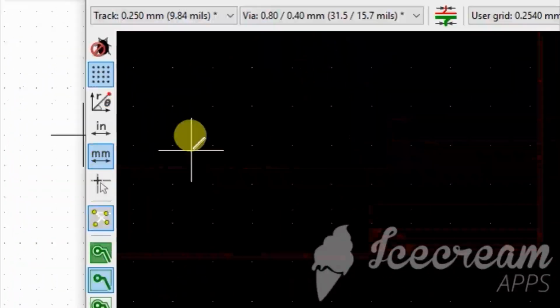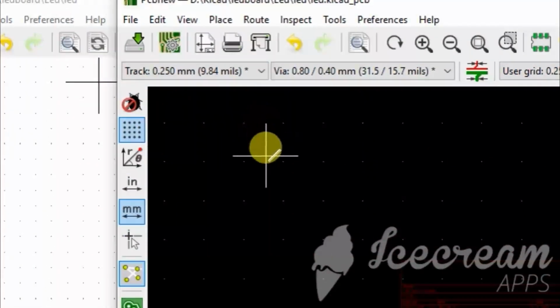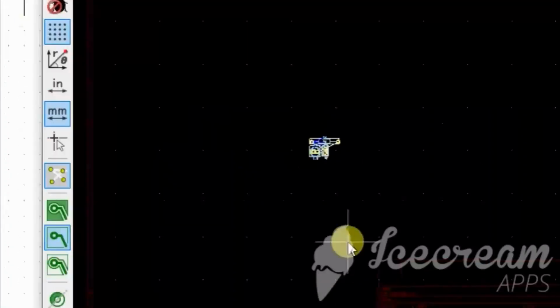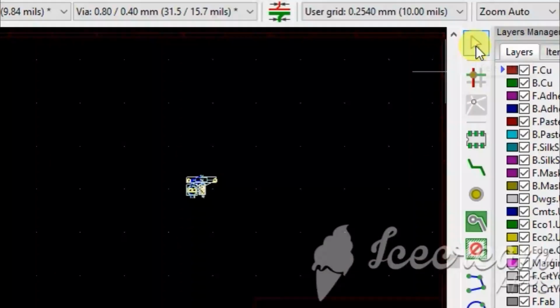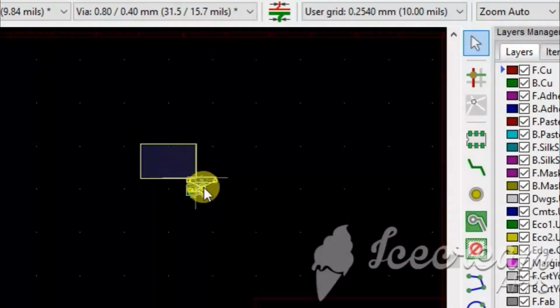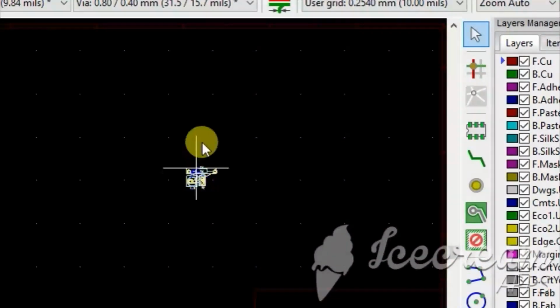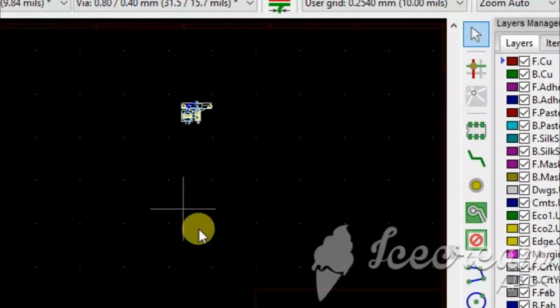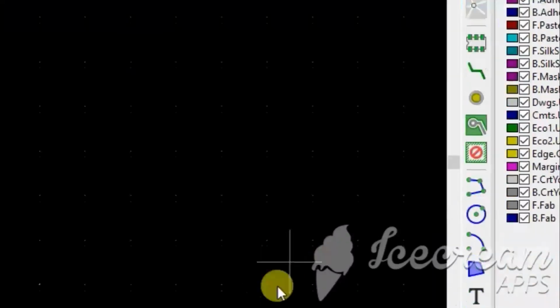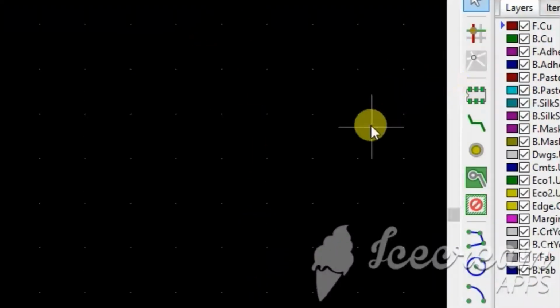And this is the added place. All your components are added for this place. Choose the selected item menu and drag this and move it to any place in this editor. This is the PCB editor.